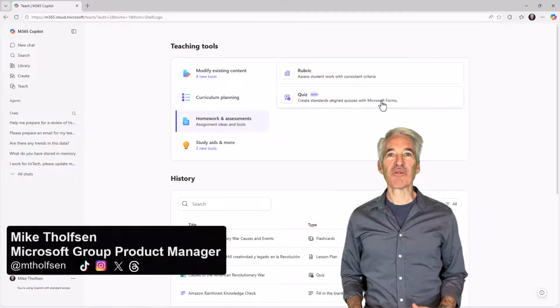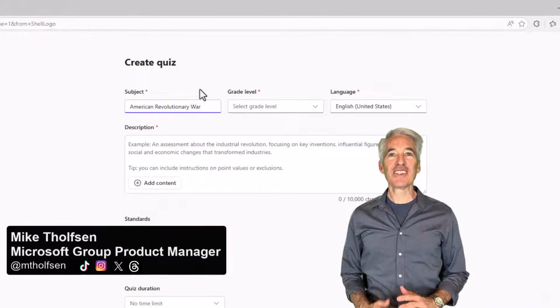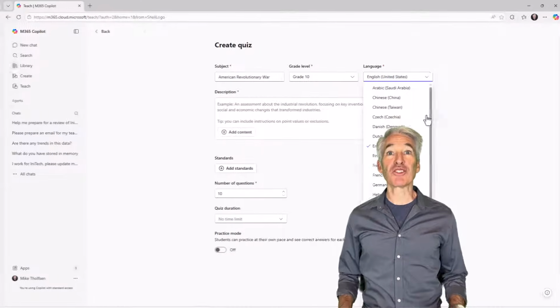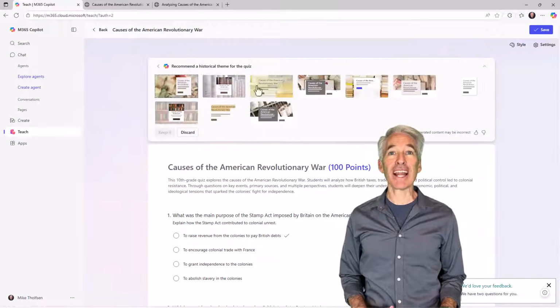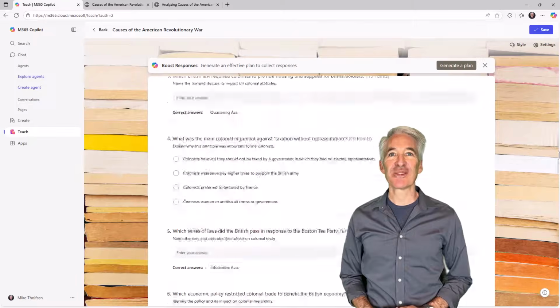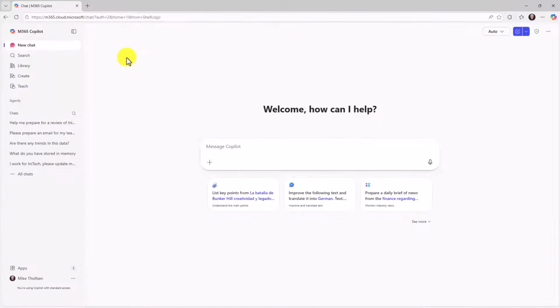I'll be showing how to create quizzes using AI. This is a new feature that's broadly rolled out to all educators who use M365, and it's available in the Copilot app or Teams for Education. So let's get started. To get started, sign in at